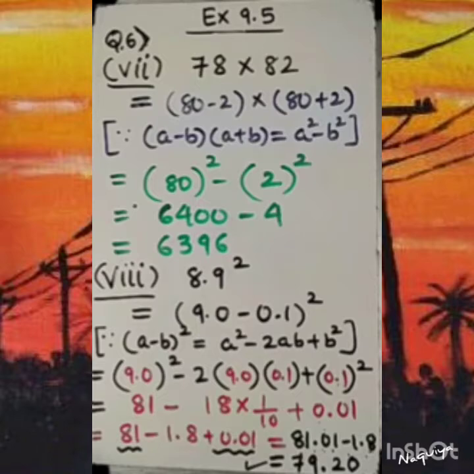So a little bit of correction is there. Okay, I am correcting here: 81.01 minus 1.8, the 1 is here at the end now. I need to write 1 here. Okay, so I am correcting. The final answer is 79.21. Clear to you? The final answer for this is 79.21. Okay, this is the answer. Clear to you?